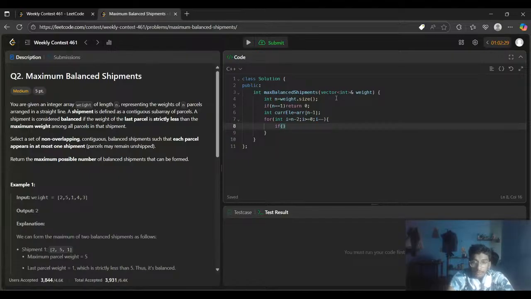If the arr of i is greater than the current element, answer plus is equal to arr of i. And acha, like